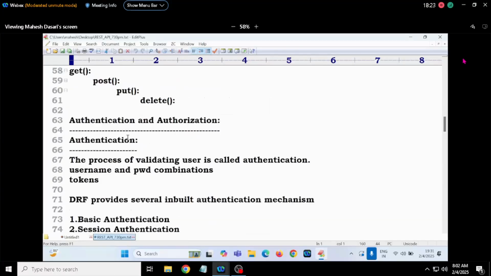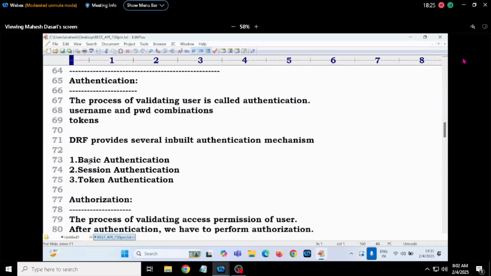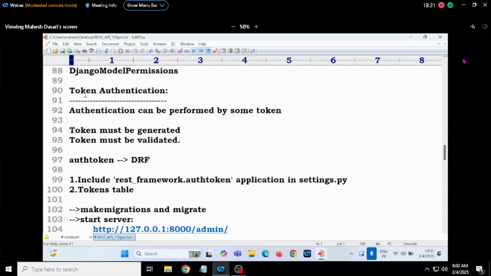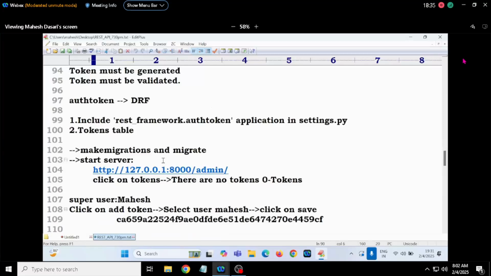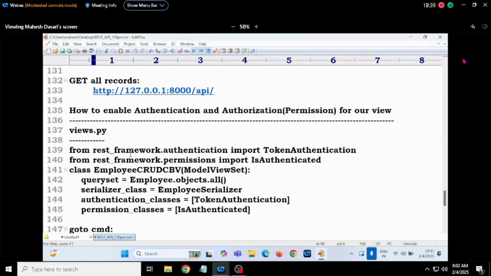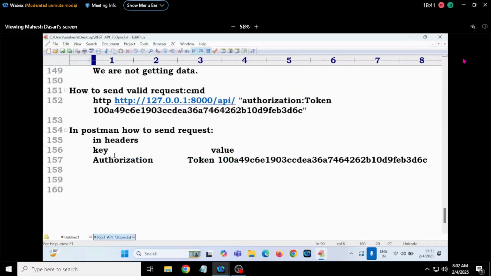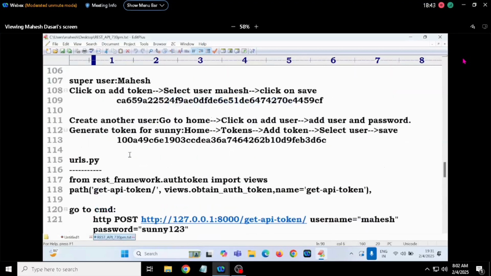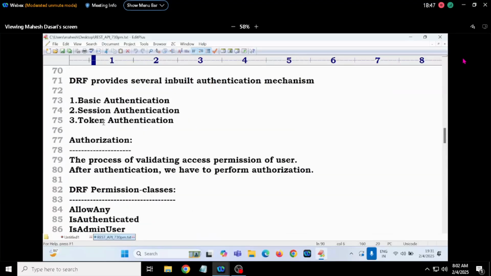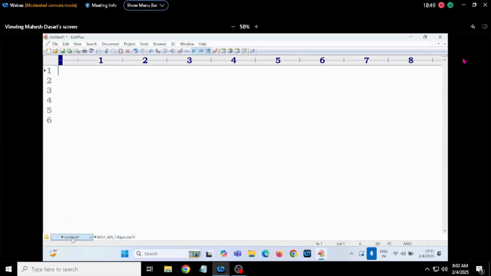There are different types of authentication classes: basic authentication, session, token. Yesterday we completed the token authentication: how to generate the token, how to send the data by using the tokens, how to read the data. Done. Before going to the second, basic authentication and session authentication, a small concept is there,